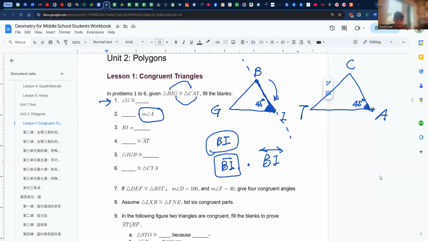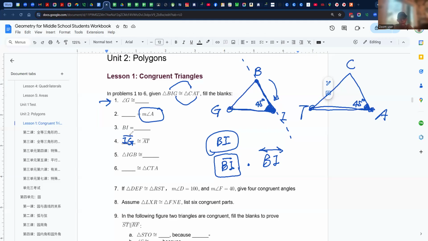So make sure you follow the sequence. Okay, we talk about AT. AT is from here to here. So therefore, we're going to use IG. So the vertices, the points, have to line up. So this actually is IG, and put the bar over. Okay,